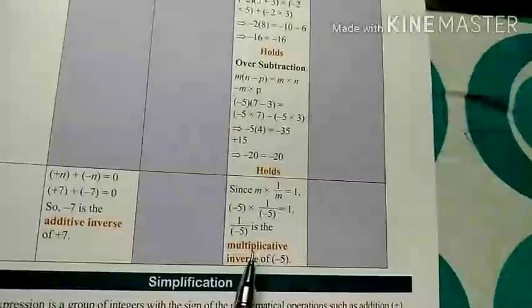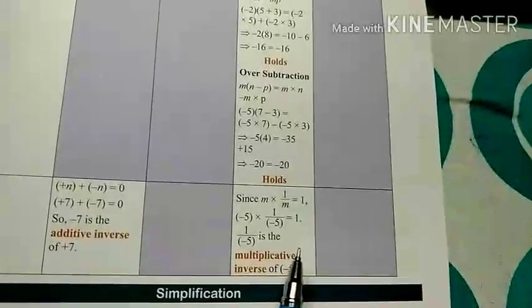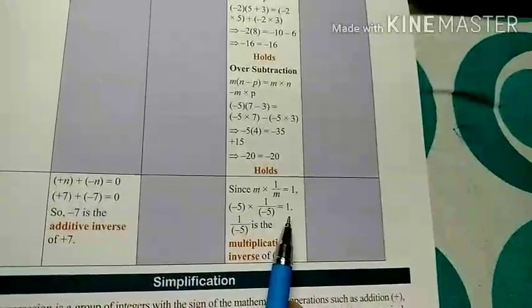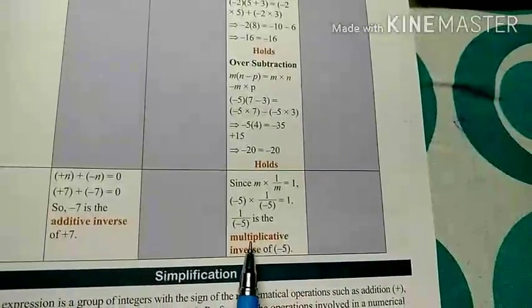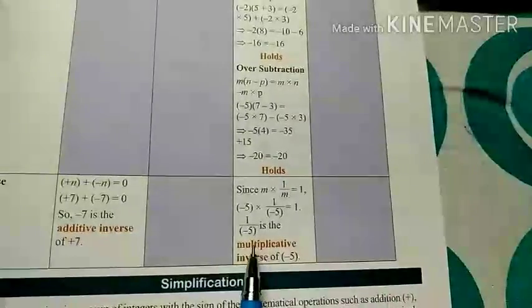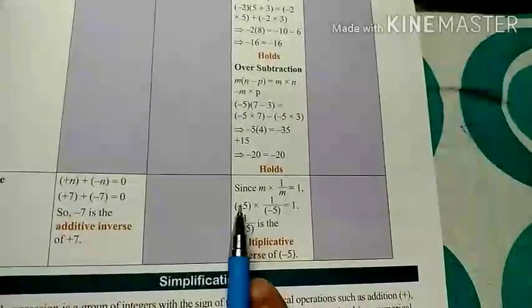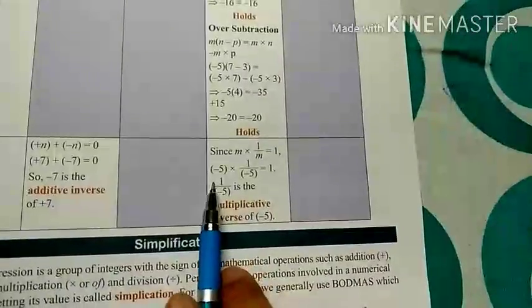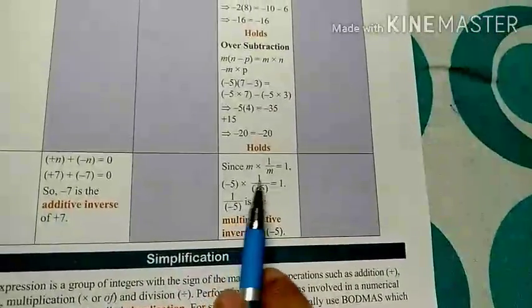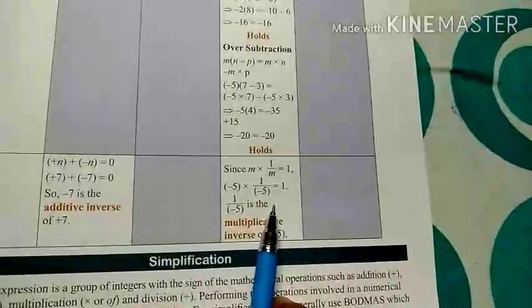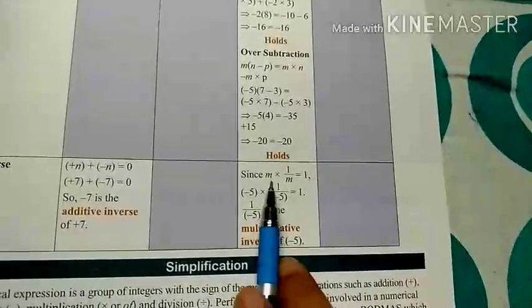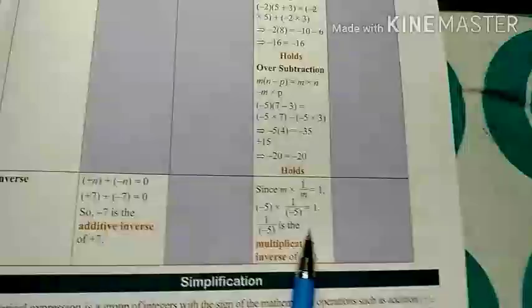And multiplicative inverse means if the reciprocal of a particular number is multiplied with it and you get the answer 1, that is the same as the multiplicative identity. So that reciprocal number is called the multiplicative inverse of the particular number. No need to change the sign in that case. If I have a number -5, I just multiply with 1 upon -5, the reciprocal of the particular number. We get the answer 1, same as the multiplicative identity.